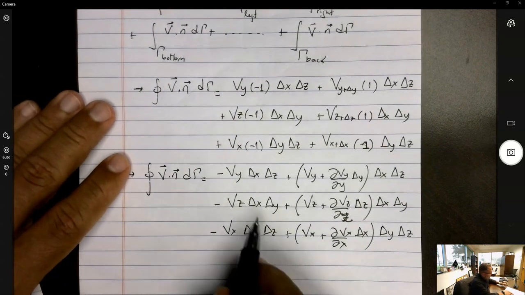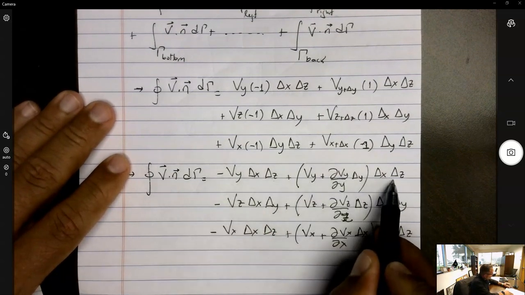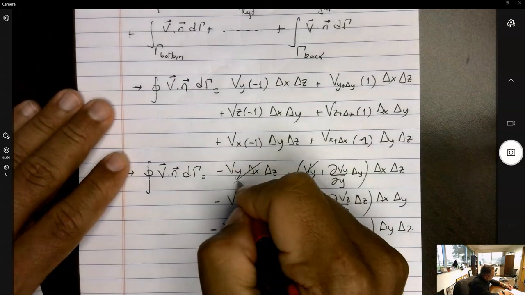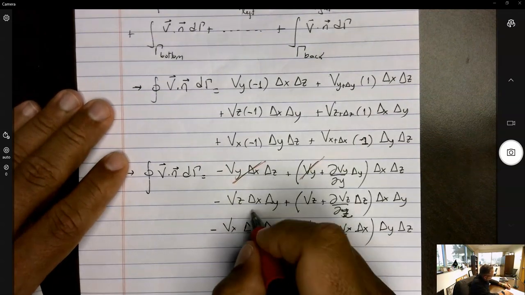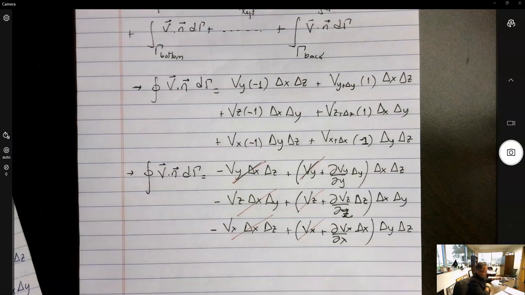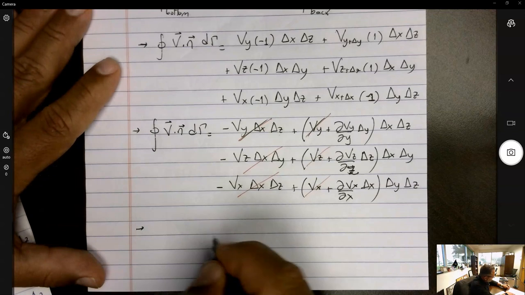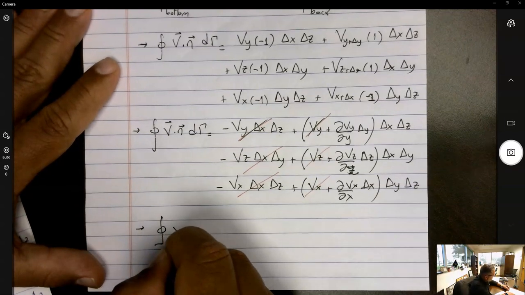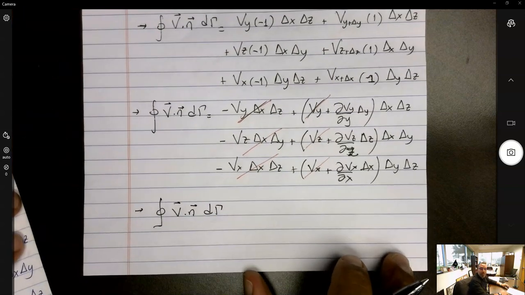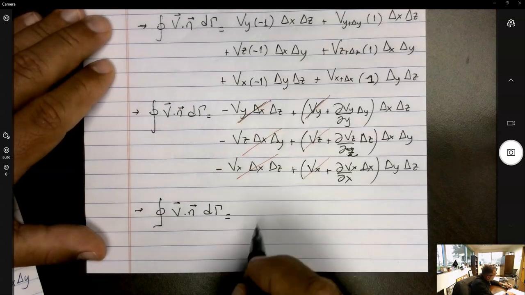If you notice, this term right here will cancel with this term right here when it multiplies delta x and delta z. So this one and this one go away. Let me use a red ink. So this one and this one go away. Same, this one and this one will go away. And this one and this one will go away. So this integral over the entire region, given that the region is a parallelepiped of size delta x, delta y, delta z, is equal to,